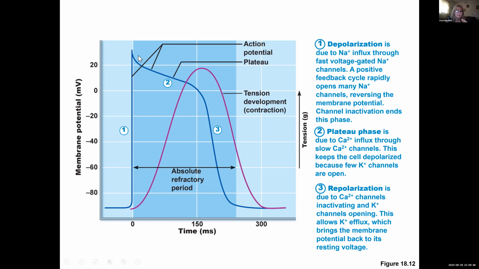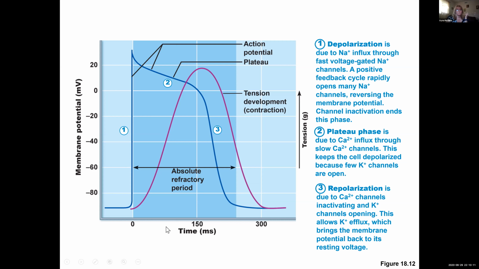So the cell stays depolarized longer compared to neurons, and the action potential happens slower. If you see here, we have 300 milliseconds, and this is one action potential,